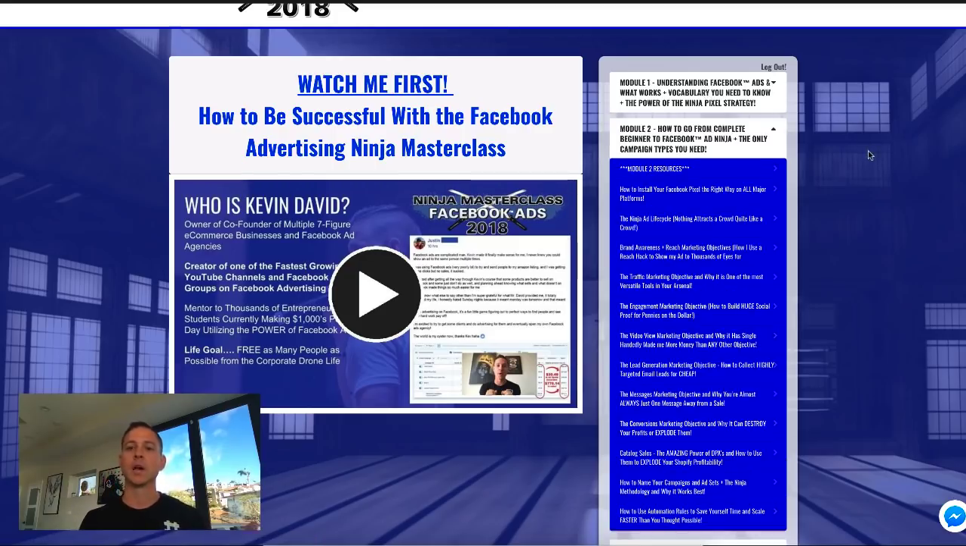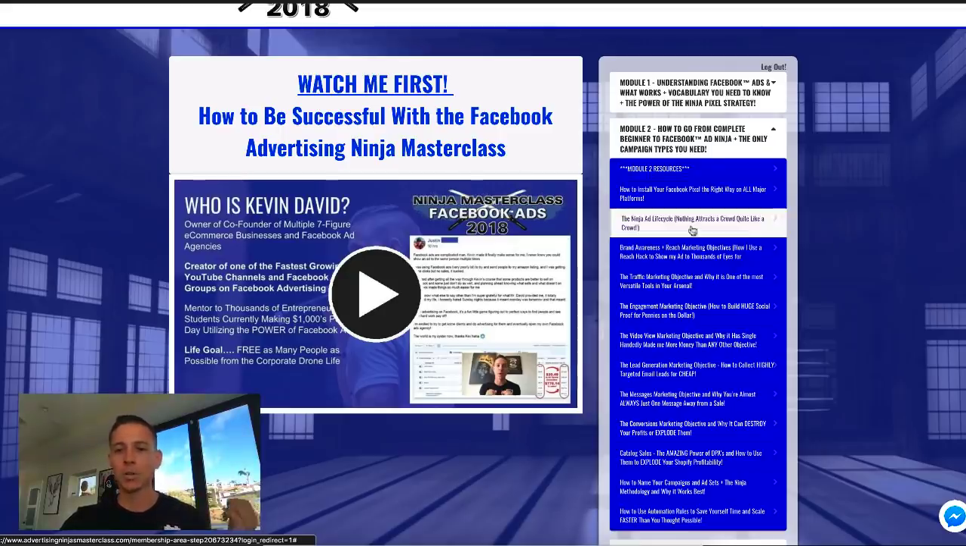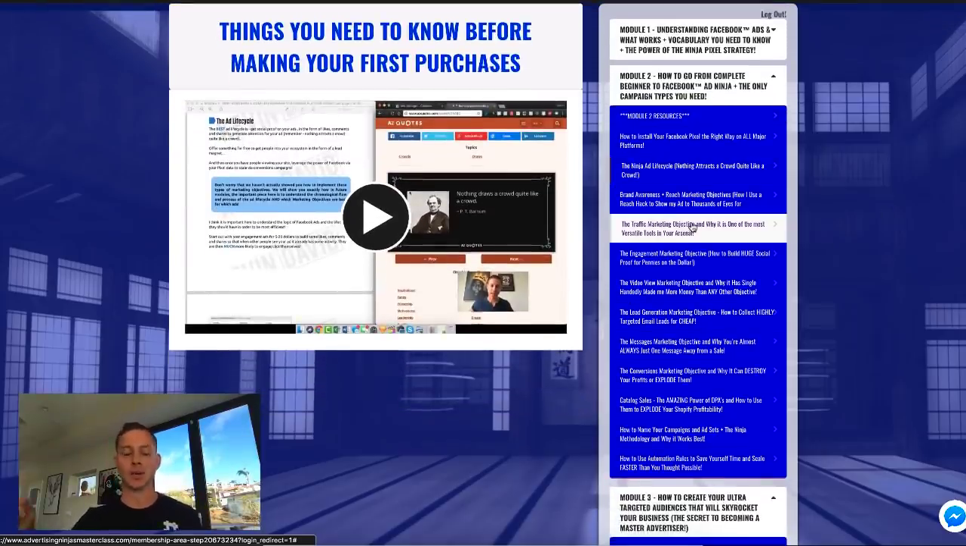The second module goes really deep into the actual platform itself, right? So this is when we're talking about actually how to implement and use the Facebook ads platform. So we show you all different types of things, right? The Ninja Ad Lifecycle. So this is where we talk about, without giving too much away, how to properly structure an ad the right way, because a lot of people are making a lot of mistakes when it comes to how they're creating their ad campaigns,